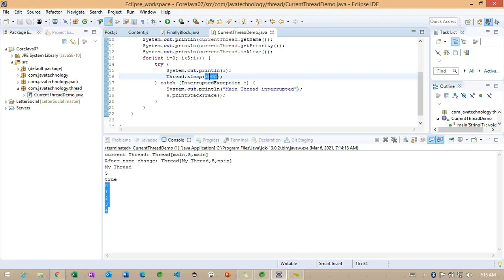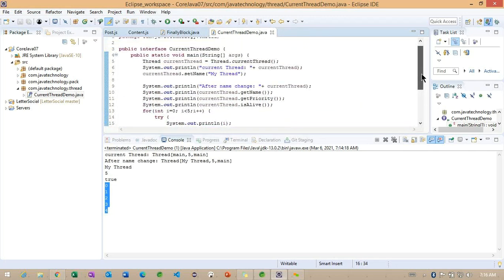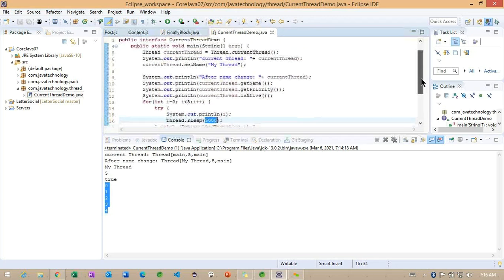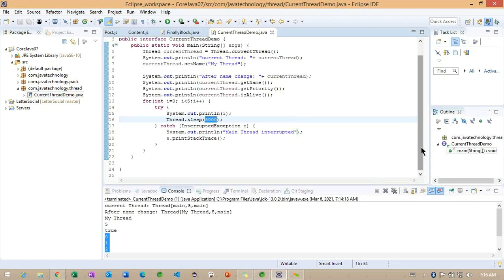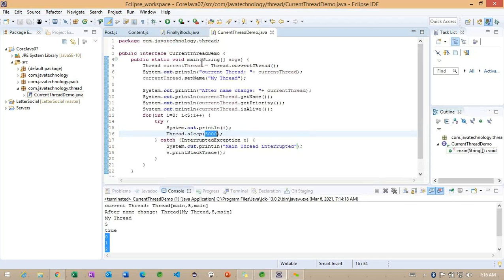Getting the point. Now, as I explained here, we can go for the Thread class as well as the Runnable interface. We'll try to focus on a simple example using the Runnable interface. Later we'll come back to the Thread class. But here we are not extending or implementing any thread class. Simply, we are trying to figure out what the current thread is, what the default is. Whenever we run a simple example, we find one thread, that is the main thread here.